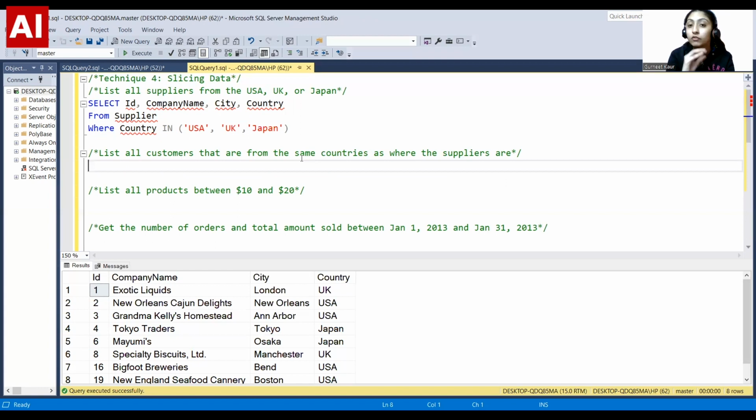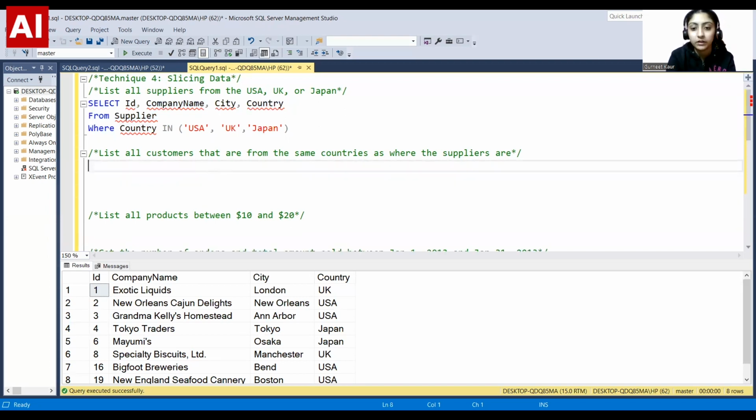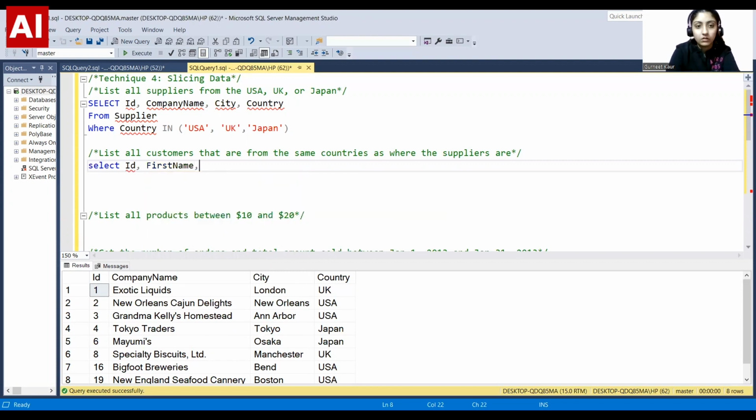Now coming to a second problem statement which says list all the customers that are from the same countries from where the suppliers are. That means that we want the customer table as well as the supplier table, right? So how are we going to solve this problem statement? So what we'll do, we'll select ID, the first name, comma, last name, comma, the country